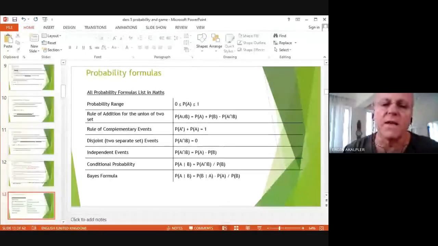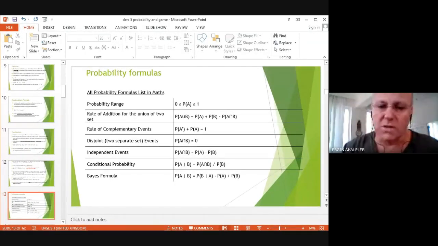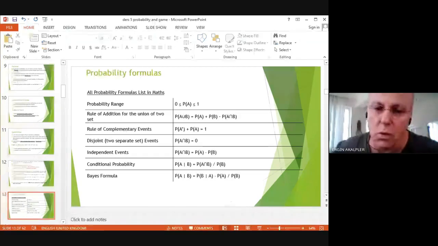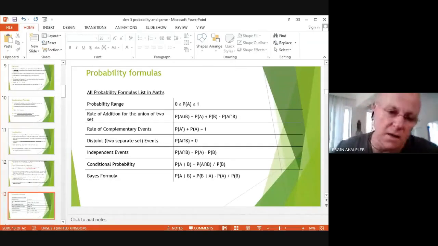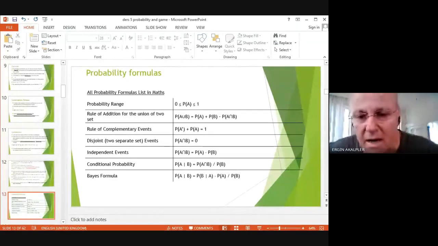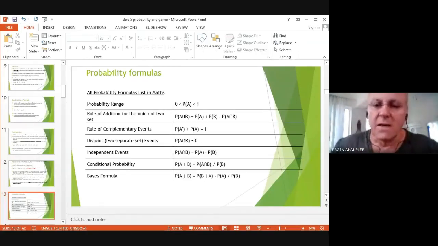combination and relationship between the probabilities. As I said to you, probability is between 0 and 1, and 0 is the minimum value, which is the lowest expected value, and 1 is the highest possibility, which is expected in this game or in these options given to you. And the rule of addition for the union of these two sets is supposed to be P of the union of A and B equals PA plus PB, and of course this will be subtracted from the intersection